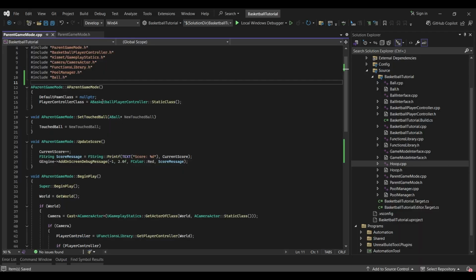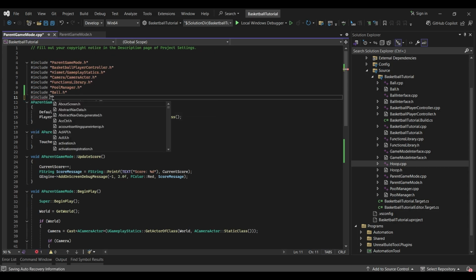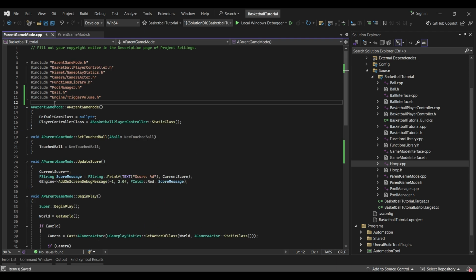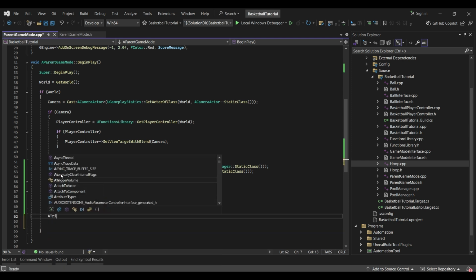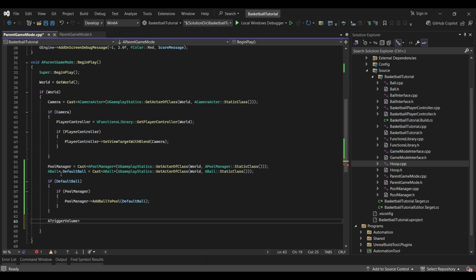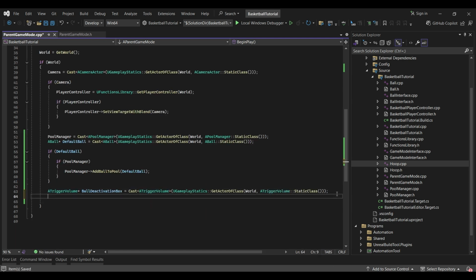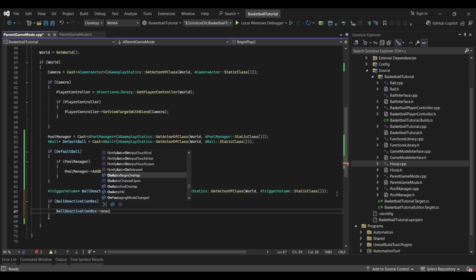And that's it. Let's go to our game mode and get a reference to this box. So let's include the header for it. The header is include engine trigger volume. Now in here, like we did before, we want to get a variable, a trigger volume. Let's call that ball deactivation box, is equal to cast. Let's actually copy this. Okay. Now if ball deactivation box,